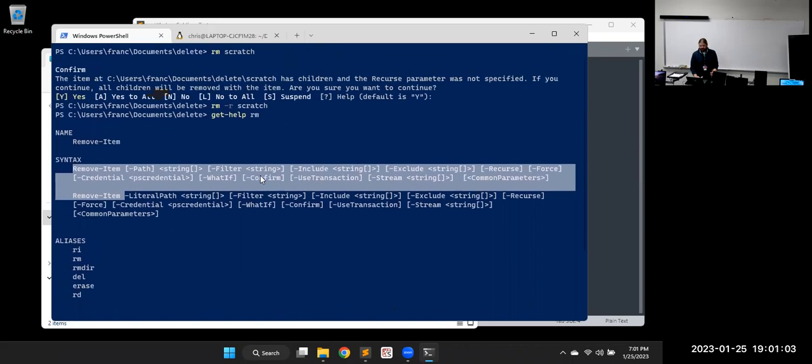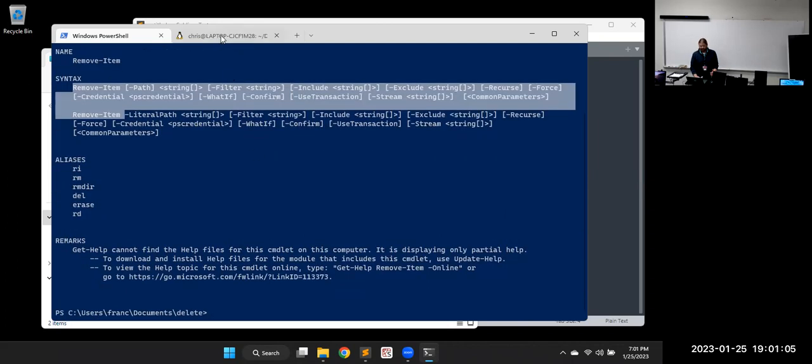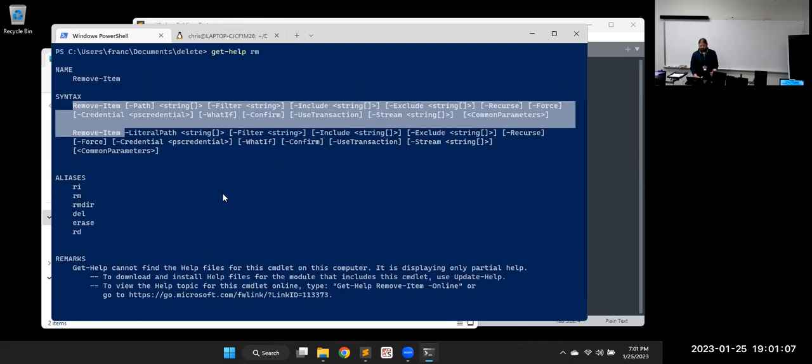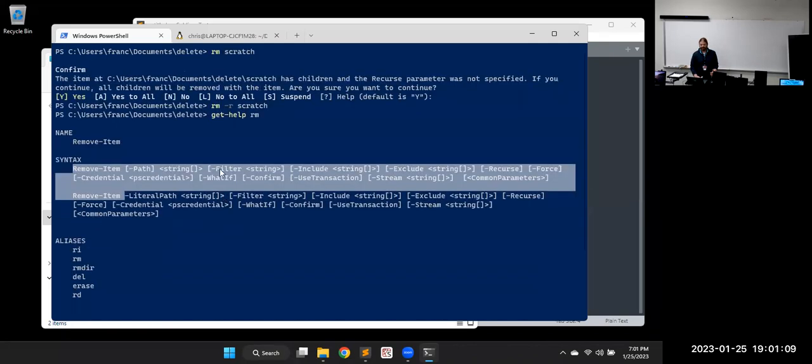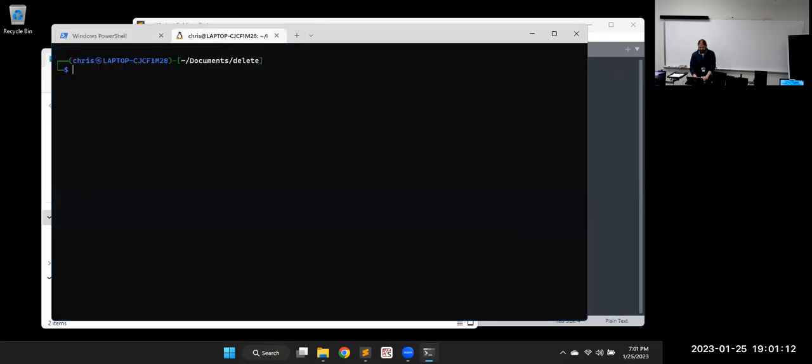Yeah, I guess that was mostly what I was going to look at here with these. So reading those instructions makes sense. Same thing in Linux. You can say, is it help?